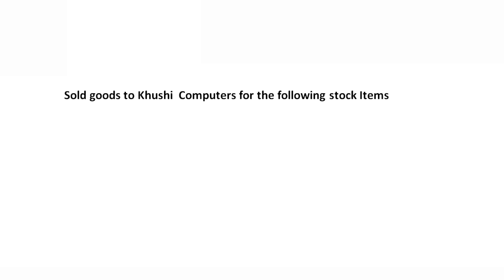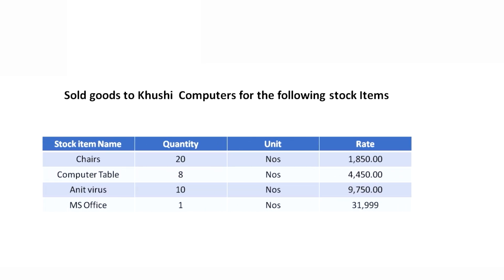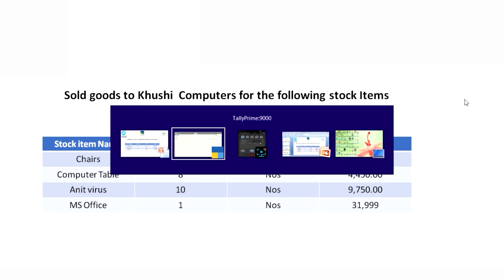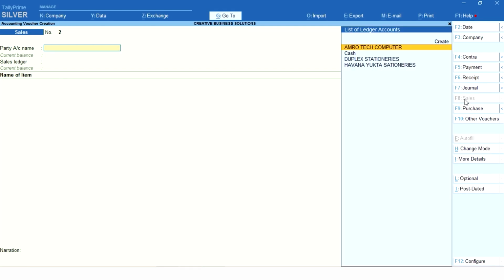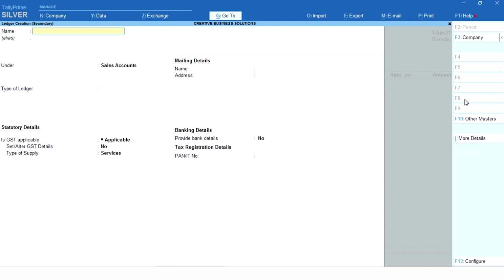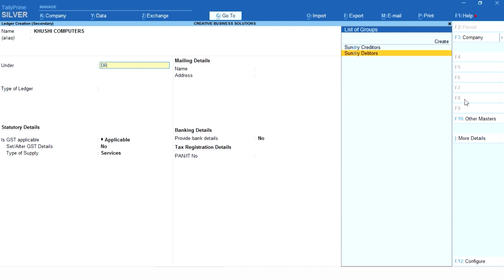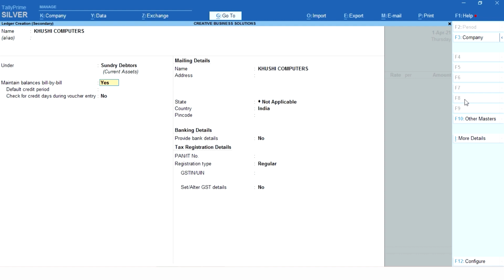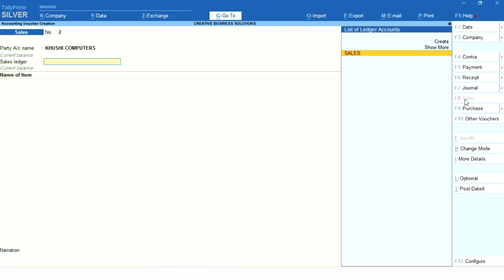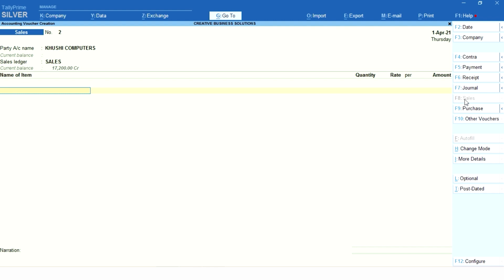So next we'll go with sold goods to Kushi Computers for the following stock items. So these are the stock items what we have sold. So we go to our sales voucher. Kushi Computer is not available here, so we create the same. So this will be created under Debtors. Even Kushi Computer will be a customer for us, and we'll see what are the things we have sold to